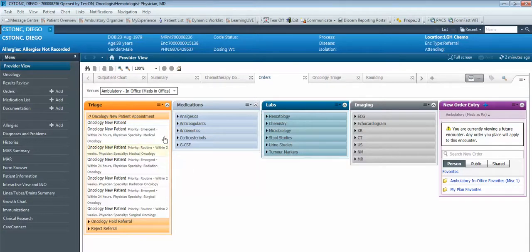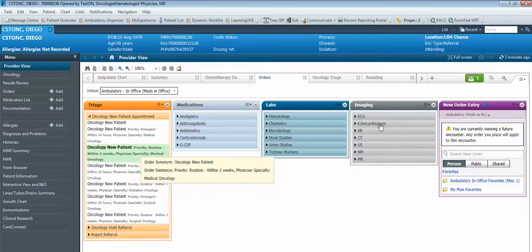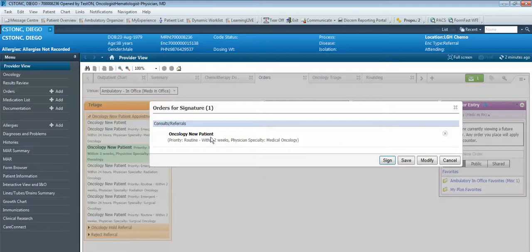You see here that it's all displaying in white and our shopping cart is empty. When I click on the order, it's going to highlight it in green, and our shopping cart is highlighted by green, indicating 1 order here. I'm going to click on my orders for signature, which is the shopping cart. I see my oncology new patient order, and before I sign it, I do want to modify it. I want to modify any details for the scheduler. I'll click modify,